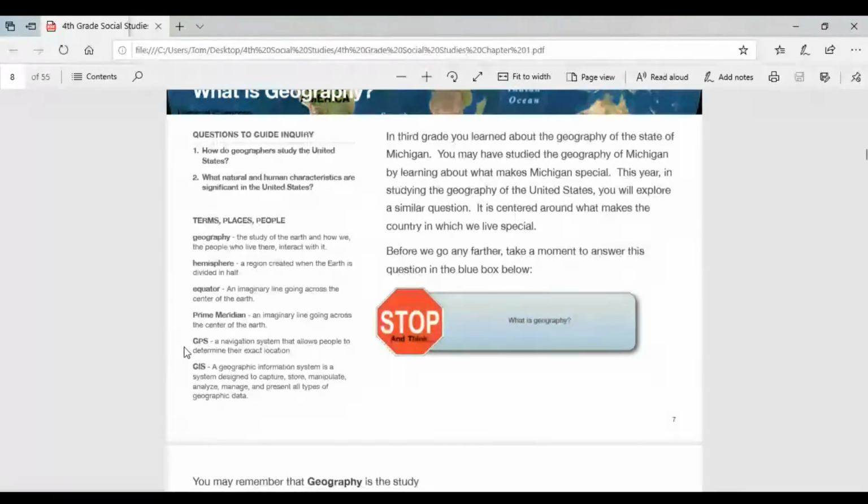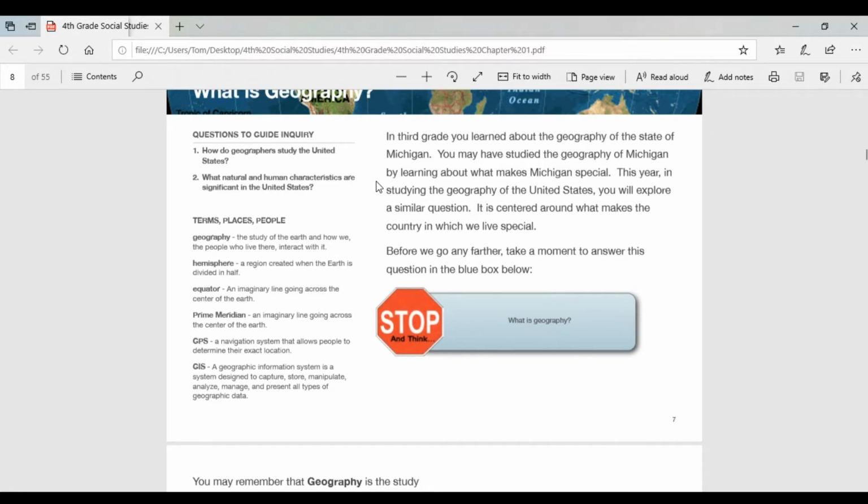GPS, a navigation system that allows people to determine their exact location. GIS, a geographic information system, is a system designed to capture, store, manipulate, analyze, manage, and present all types of geographic data.